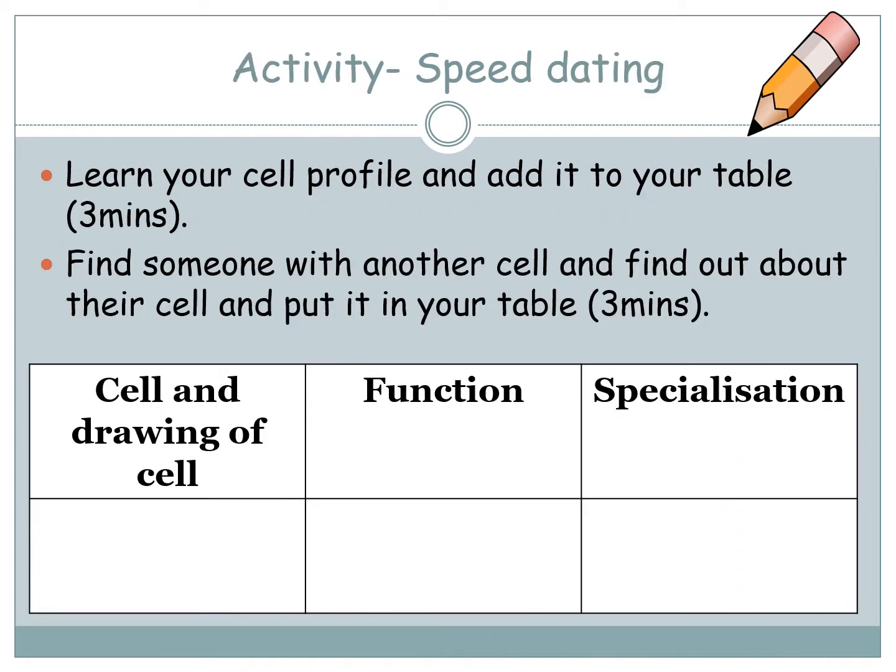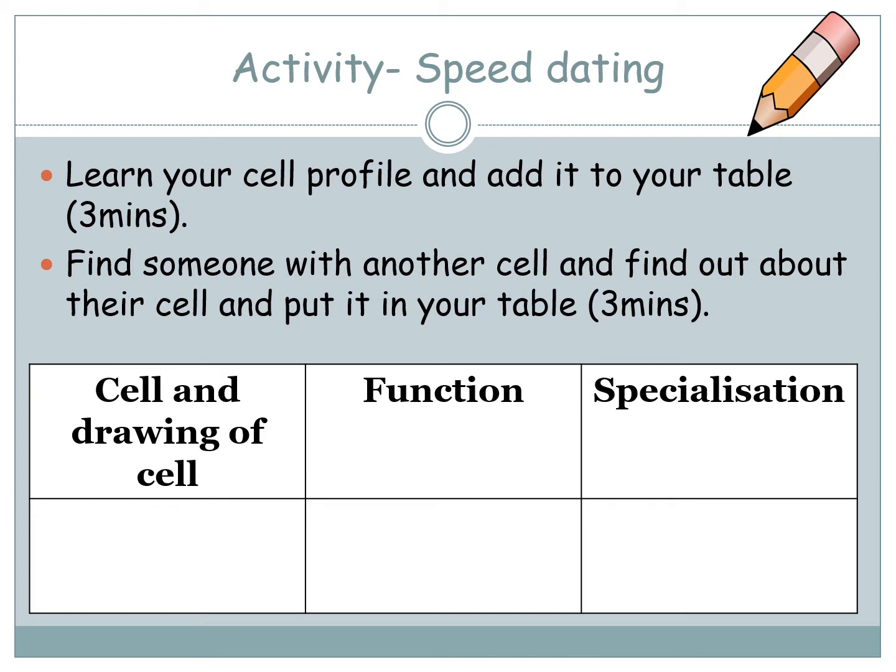It is important to know how specialised cells are structurally different to each other and how this structure gives them their function. Usually in class you do a speed dating activity where you'd have a specialised cell and you'd learn it and then teach the rest of the class about it. However, obviously we're not in class, so there is a table in your consumables in 1.3, called 12.3